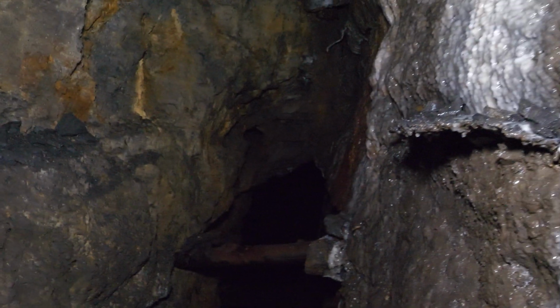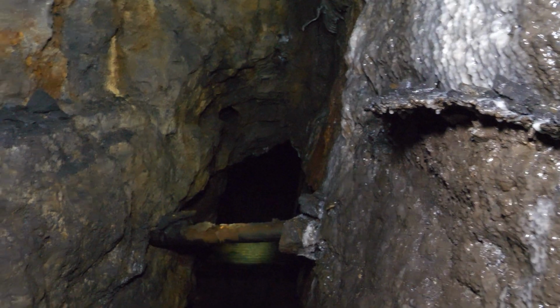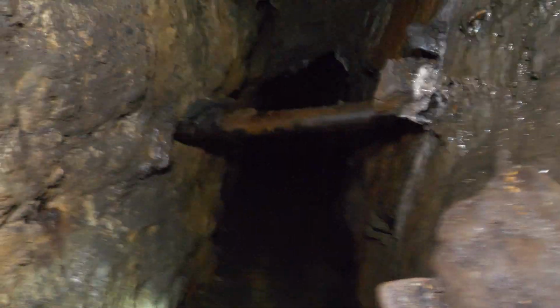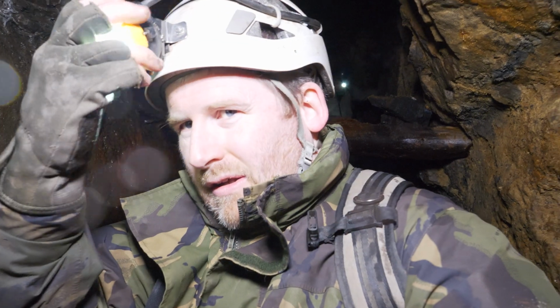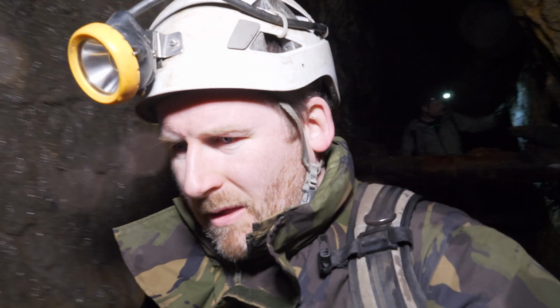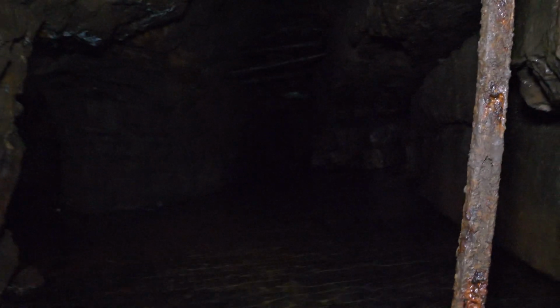Let's continue on. That's very wide down there, isn't it? So now we've got down the bottom, we'll have to be careful because we don't actually know if this is the bottom or if we're on some sort of false floor. In fact, it's full of water. It doesn't really tell you a lot because the mine beneath you could be full of water. So we'll just go a bit canny. Be very careful, looking at the floor, looking at where we're going. Make sure there's not like a...